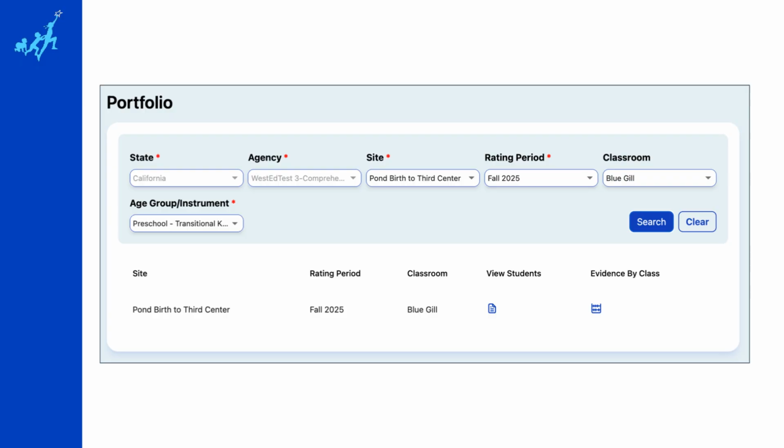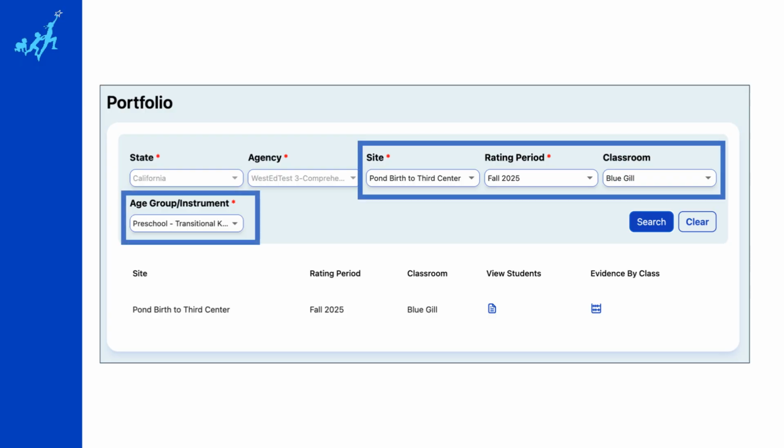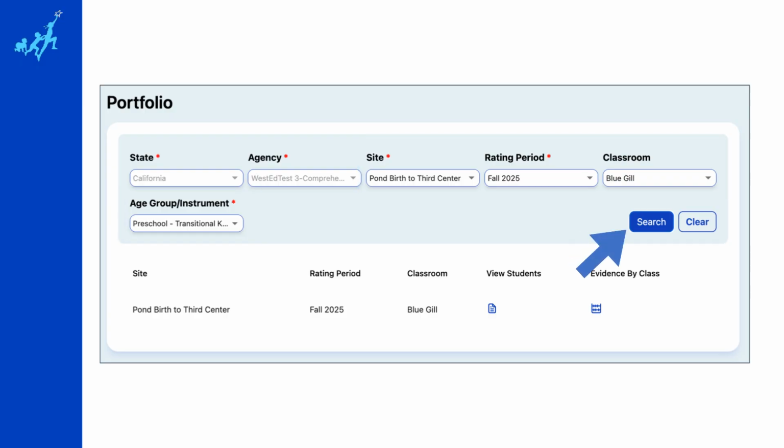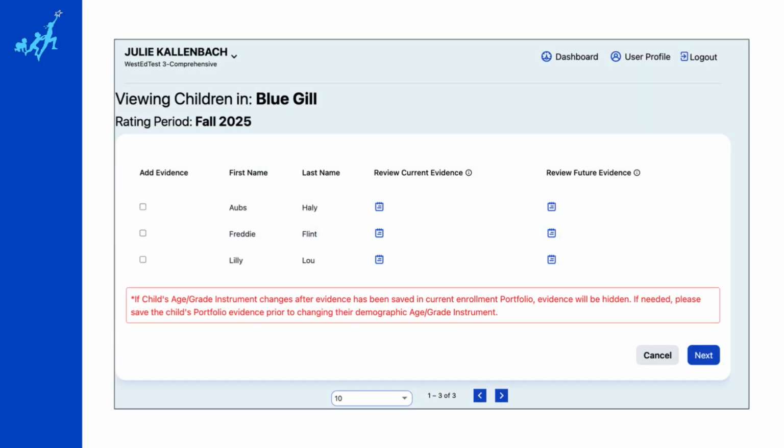By choosing the filters and the age group instrument and selecting Search, you can view the students at that site and classroom. On the Viewing Children page, you can see the evidence already entered in the portfolio by selecting the blue page icon under Review Current Evidence. If you have the role of the teacher or teacher of record, you can add new evidence by selecting the